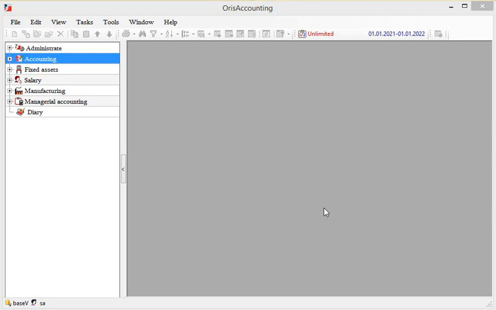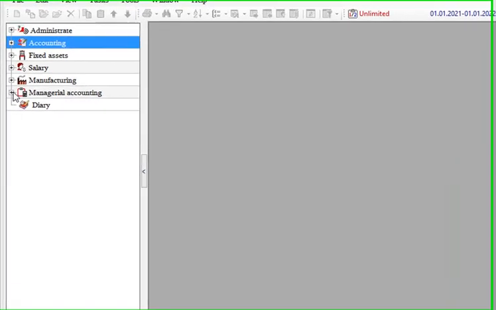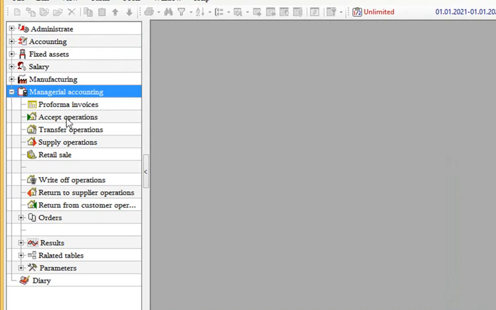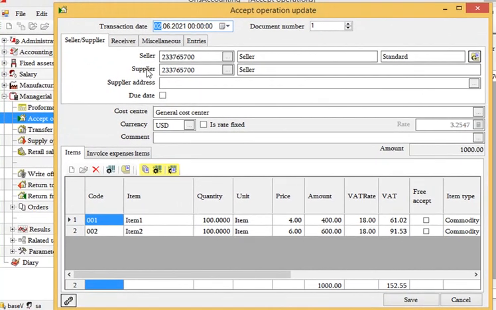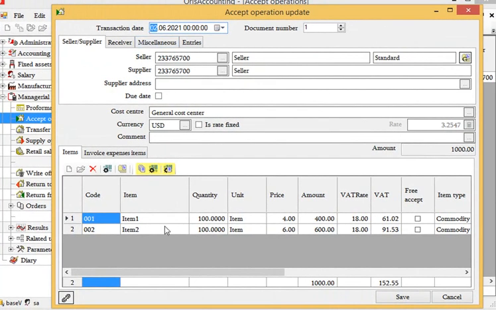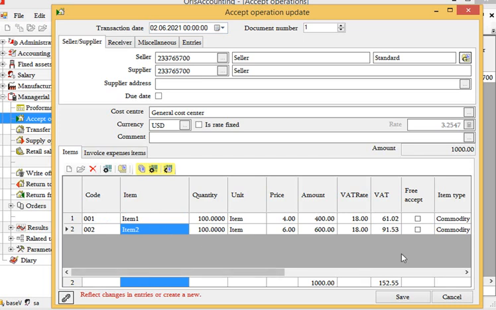In order to view a payment analysis in Oris accounting, I've already recorded some operations. We can find them in the menu Managerial Accounting and Accept Operations. Let's update. So on June 2nd were purchased 2 items for